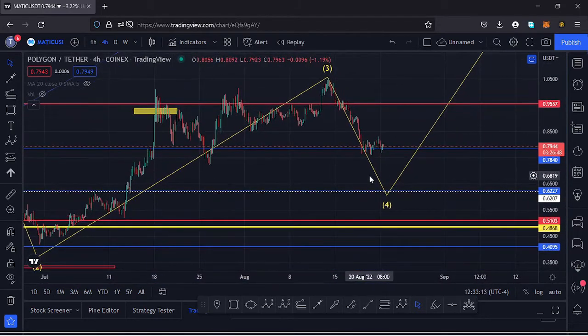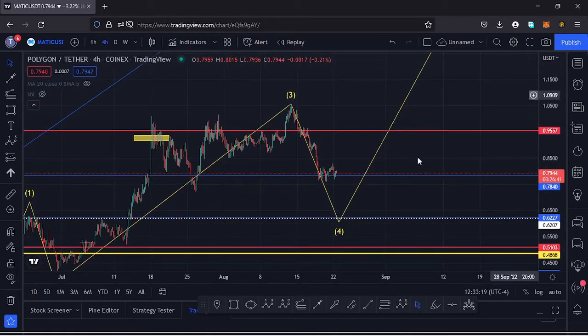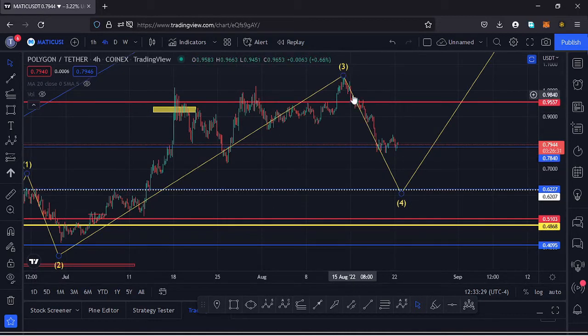Then I have a new target area for that fourth wave to the lower side, and that is what is going to give me the key scenarios that I expect to play out here on the charts. And if you get to the key scenarios, I believe we are in the formation of the fourth wave to the lower side in this movement that we are seeing over here.